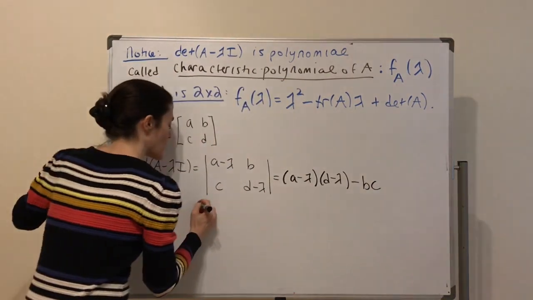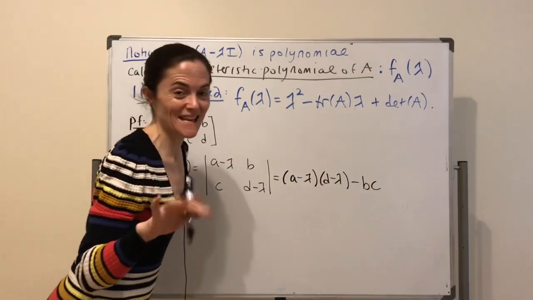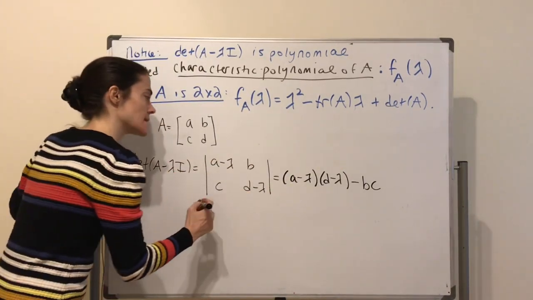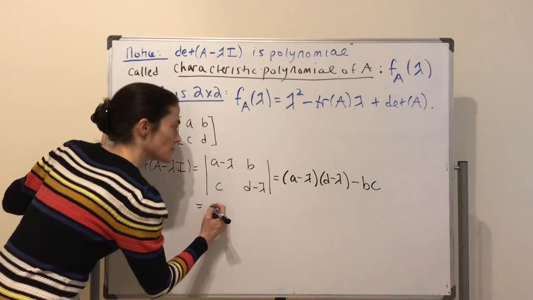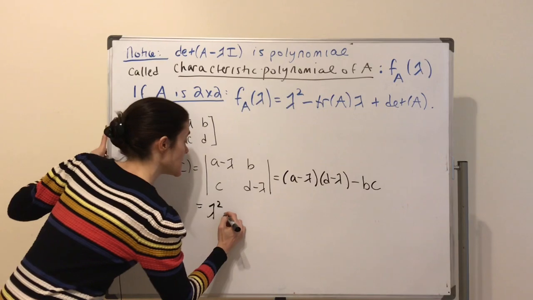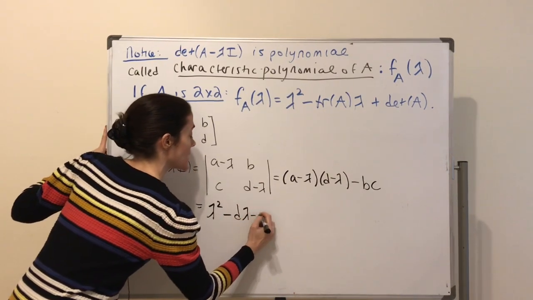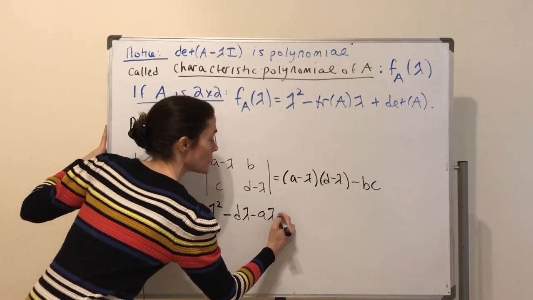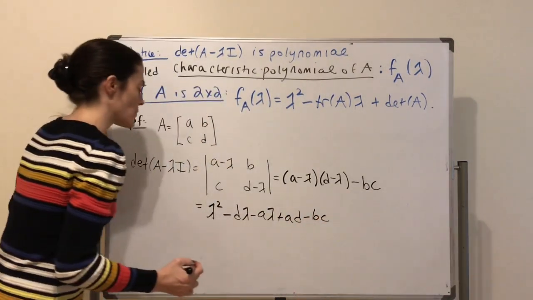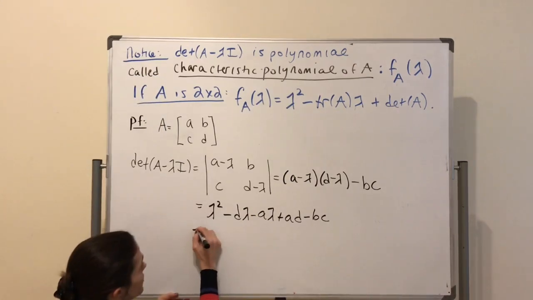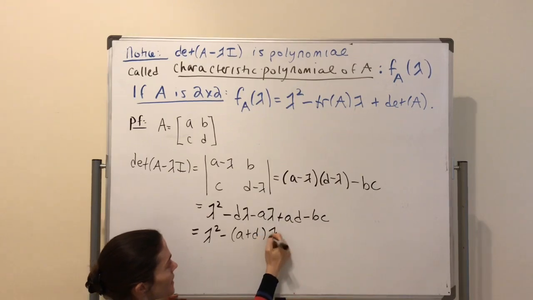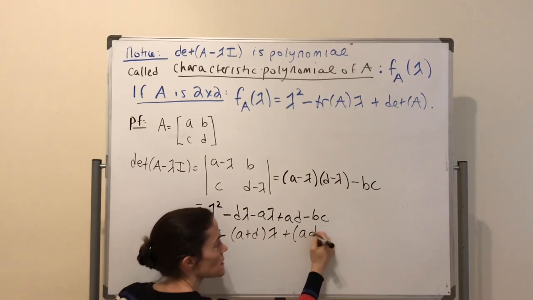And now, just like we did in the 2 by 2 examples we've already done, let's multiply everything out, although in this case I will not be refactoring. So we get lambda squared, minus d lambda, minus a lambda, plus ad minus bc. And now you see we've basically proved it. Let me just rewrite it one more way. Minus (a plus d) lambda, and then plus